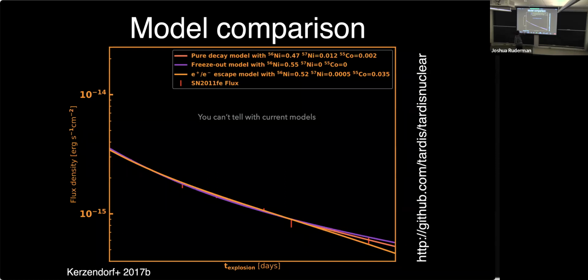And so what we did in 2017 is I tried out different models, and I said, you can't tell. If you just multiply exponentials together, you can't tell. And so I think what you really need to do is go in and model time-dependent NLTE physics precisely. And I have this crazy idea that we can do this and then use emulators to infer the central density. And potentially the emulator central density that we get will have such large uncertainties that we can't tell. But I think it's still worth a shot. We can get the density pre-explosion, which I think is pretty cool.